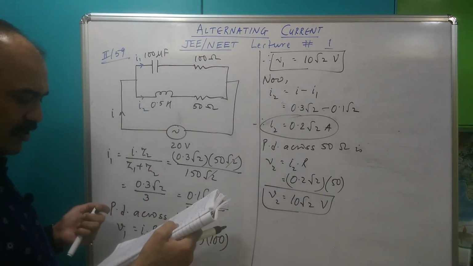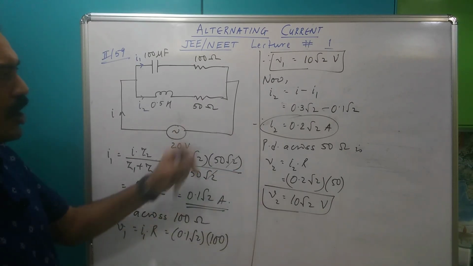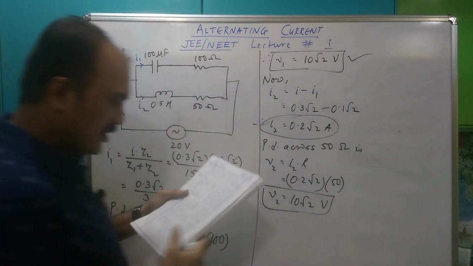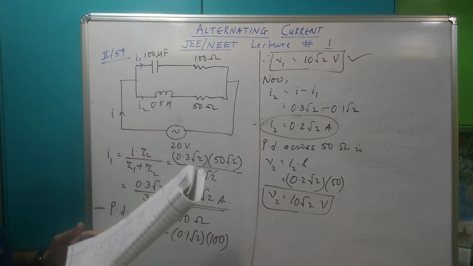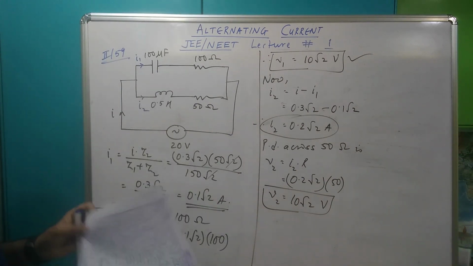No, they say voltage across 50 ohm is 10 volt. So this is not correct. This is correct. So my options B and C are correct. बाकी कोई ऑप्शन करेक्ट नहीं है. तो ये हो गया राउंड 2 का 59.